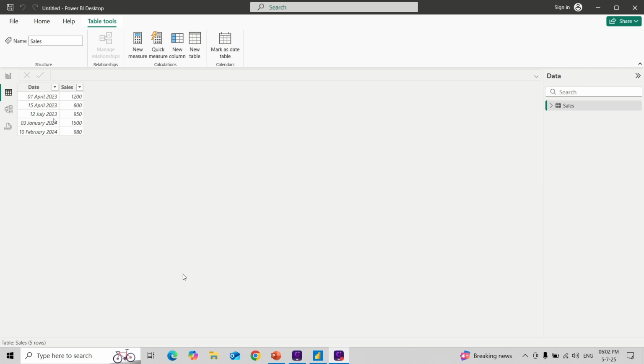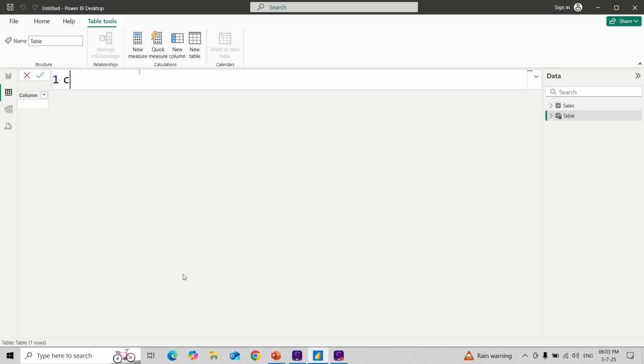So this is a sample data set of a sales table. In that we have a date and then we have a sales column. Now we will create a calendar table and then build fiscal columns. So let me go into table tools and I'll say new table. I will name it Calendar